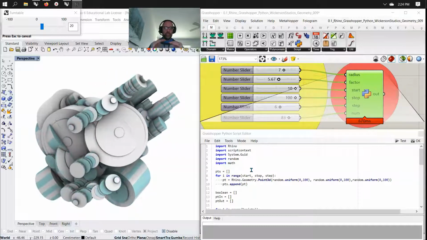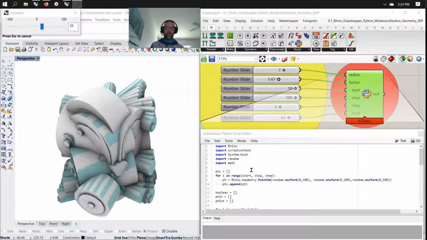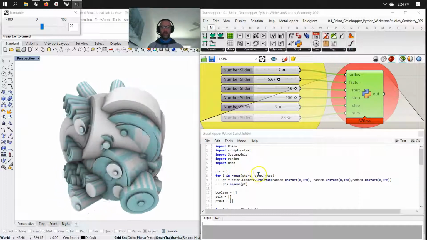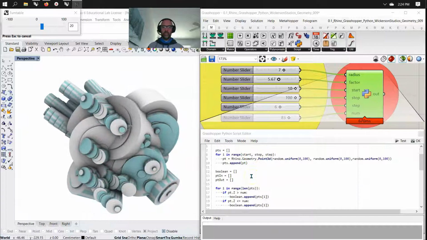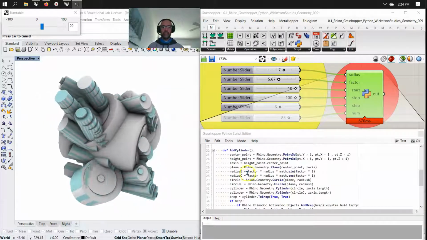What happens is you reach these plateaus where you learn more, obviously in Rhino, obviously in Grasshopper, and then in Python, that you can apply some very simple things. I don't even know if I need as much in this script as I actually have, but it's basically an add